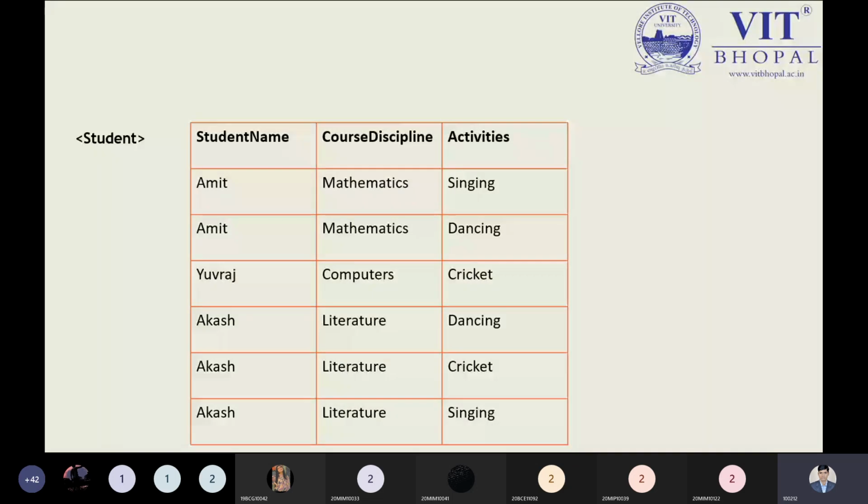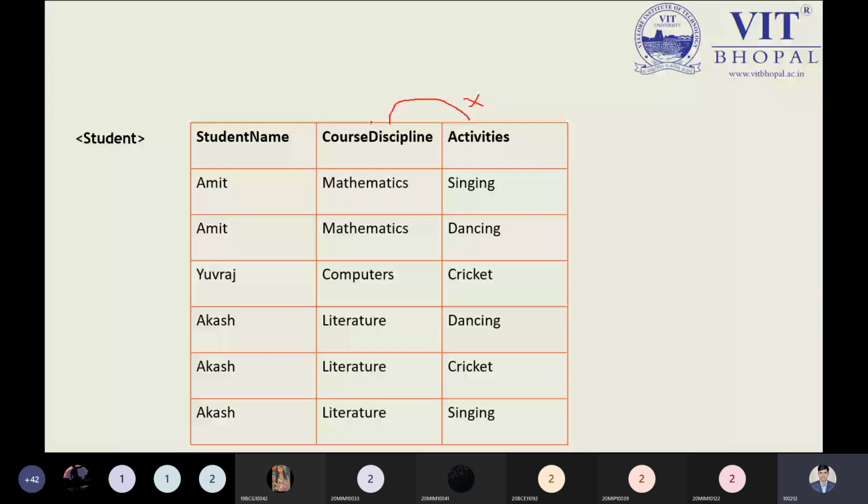That is, the course discipline is independent. So what is the course you are understanding? It doesn't mean this attribute is totally independent from our activities. From this point you can observe that course discipline is an attribute that can depend on the student name, and activities can also depend on the student name. Yes. So you can easily say, let me write, there is no relationship between the course and the activities because these are totally independent. But course discipline depends on the student name who has opted for the course discipline.